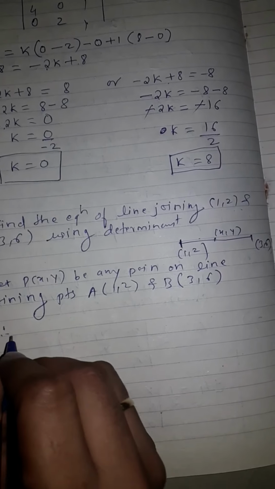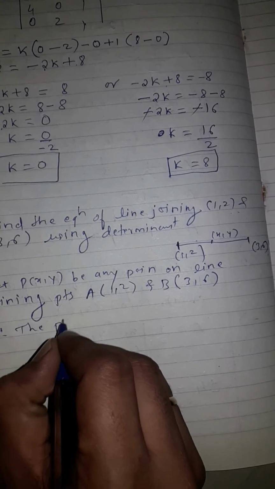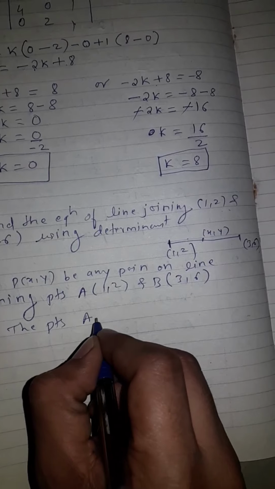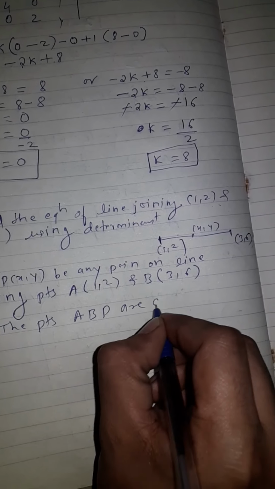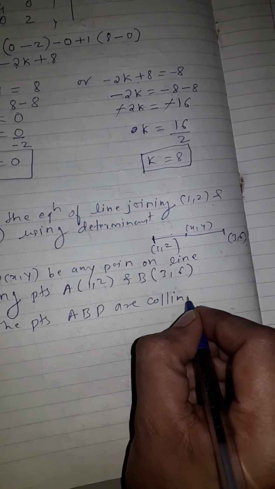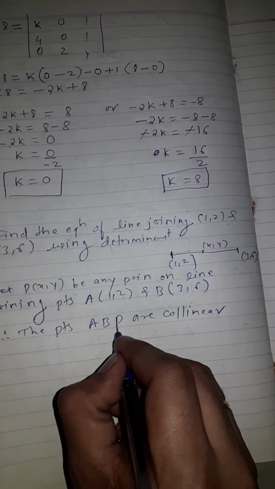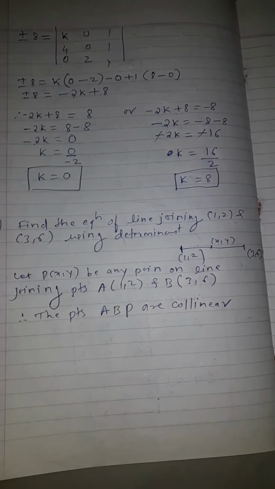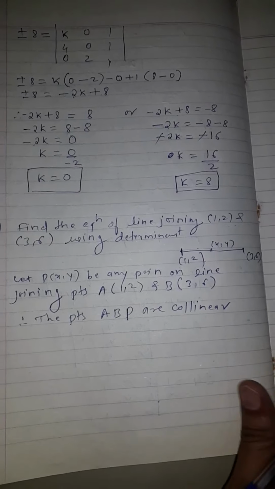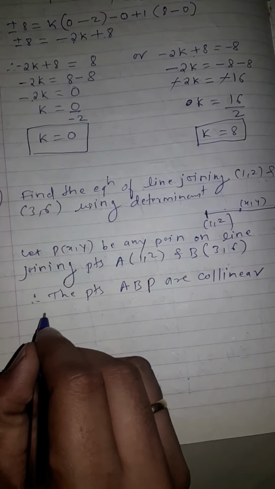That xy point we denote by P. So therefore the points A, B, P are collinear. Why? Because those 3 points are lying on the same line, therefore those points are called collinear. And when the points are collinear, we have the formula: